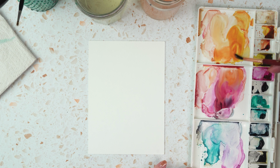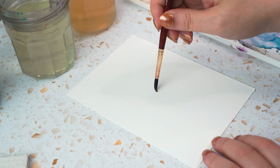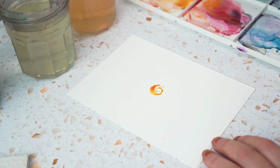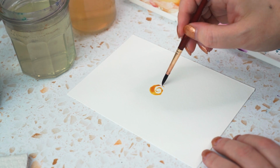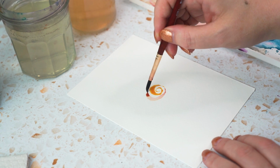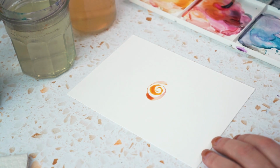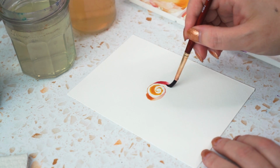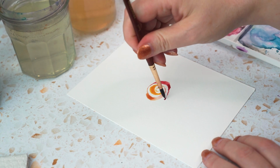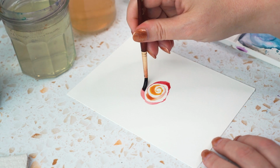So let's start with a really simple exercise with that pointed round brush, and I'm just going to use it to test out my hand control really. I'm going to paint a spiral starting at the centre of the page. Just pick up a colour from my palette, and it happens to be this yellowy orange. And then I'm going to make the spiral go round, and as I go I'm going to go from using the tip of the brush. I'm going to try and draw the finest point possible, and sometimes it doesn't even hit the page and I have to go back and correct it, and then press my brush down so I get a really wide line,